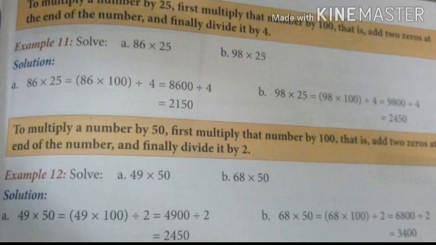Next, to multiply a number by 50, first we multiply the number by 100, that is, add 2 zeros at the end of the given number, and finally divide it by 2. Example: solve 49 into 50. 50 is given, so multiply 49 with 100, then it gives 4900, and dividing the answer by 2 gives